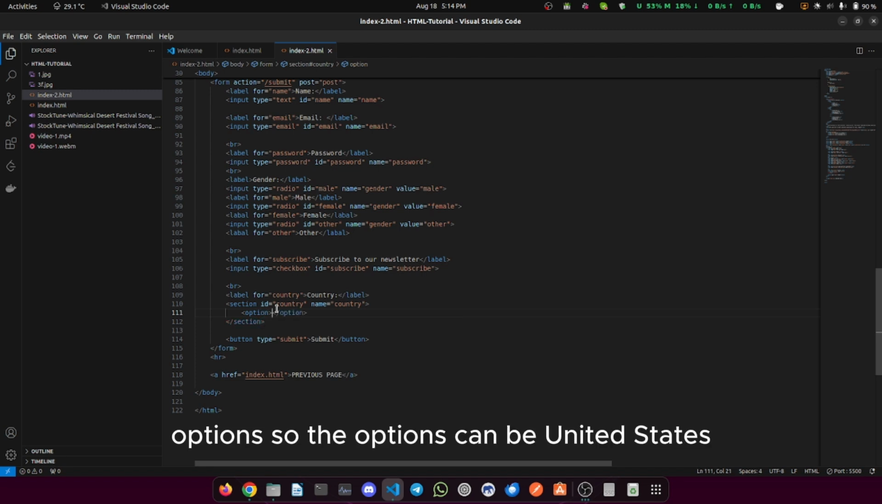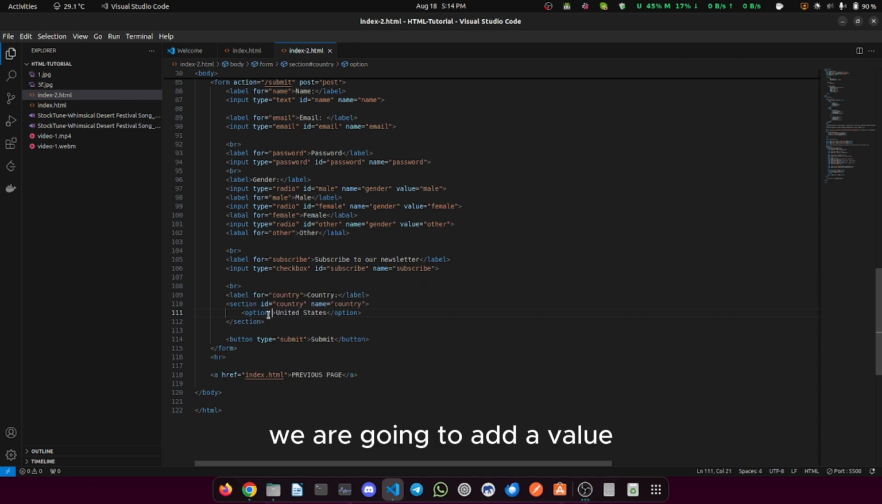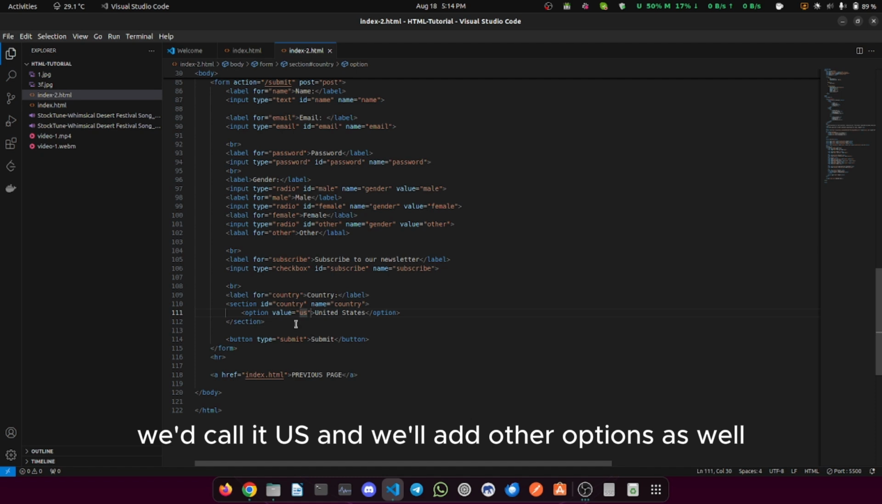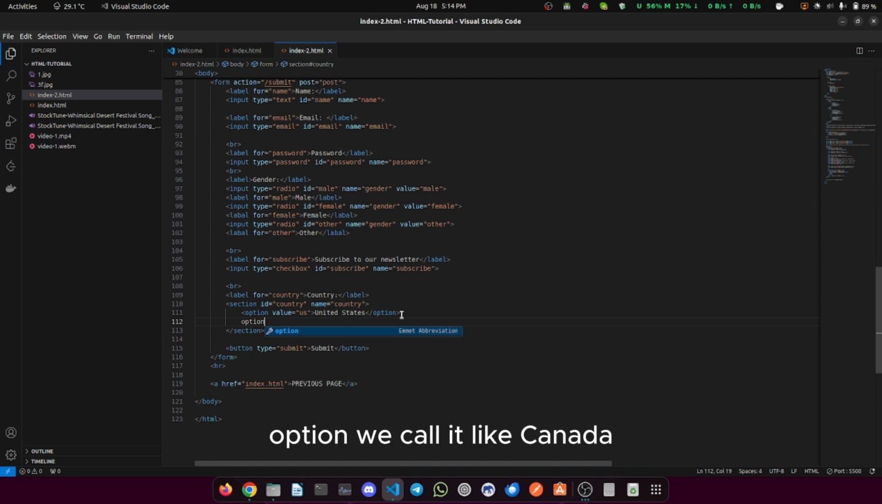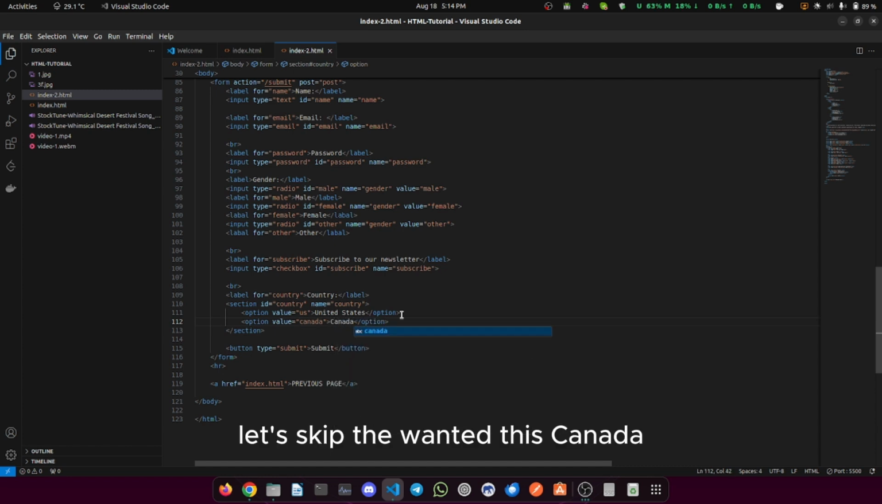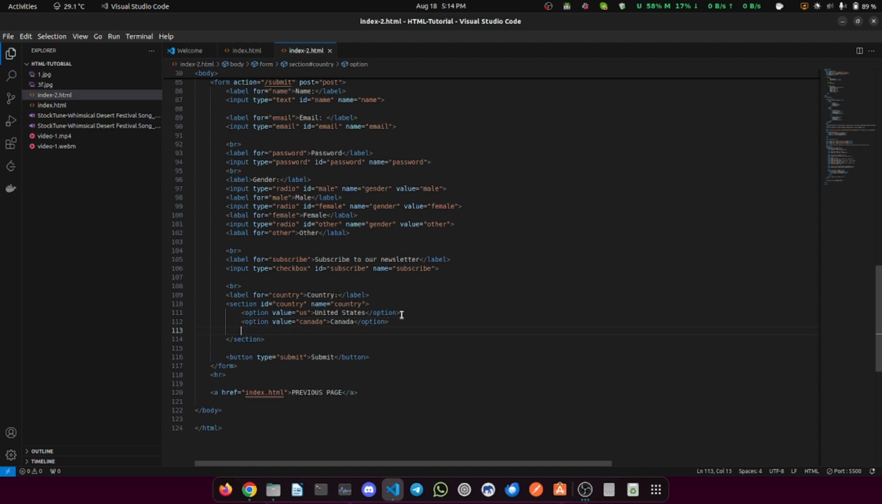So the options can be United States. We are going to add a value which will be selected by the user and sent to the server. We'll call it US, and we will add other options as well. We'll call it Canada. Let's keep the content as Canada. And also another option for UK,